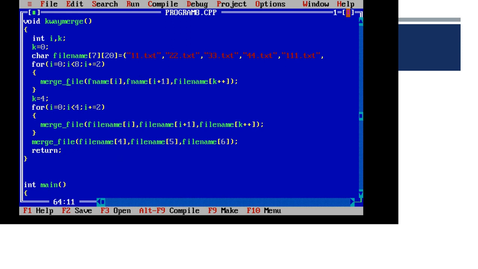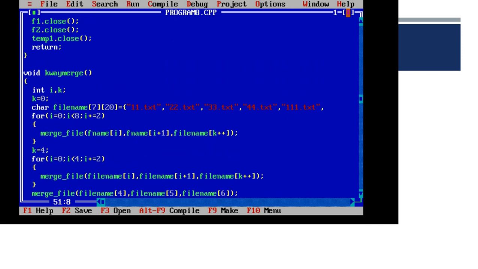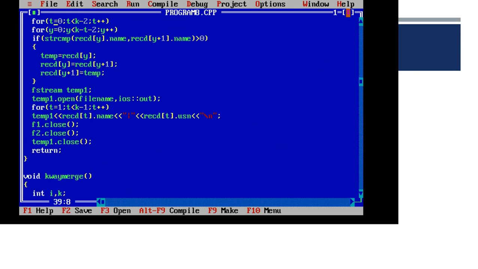In the merge file, the first file and the second file are merged, then the third file and the fourth file are merged to a single file, and that returns the merged value of a particular block. Similarly, once again, if it is called for a different number of blocks, then the blocks are merged to produce the result. Let us see the merge function.